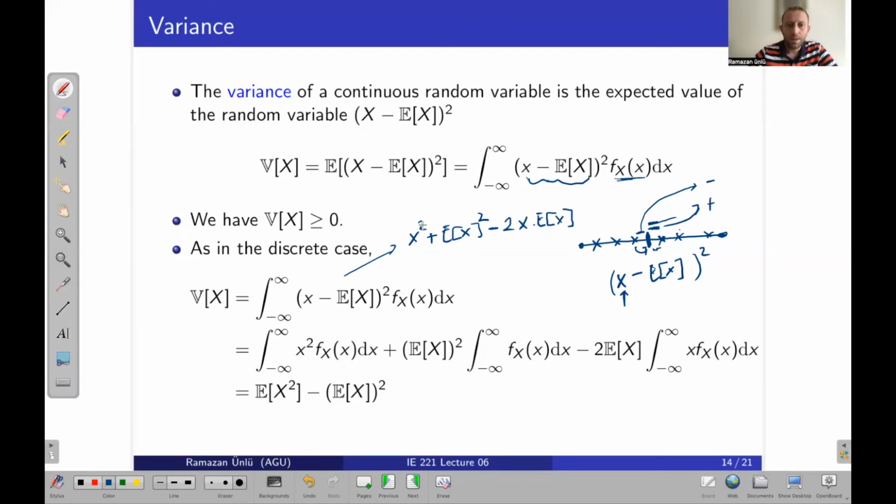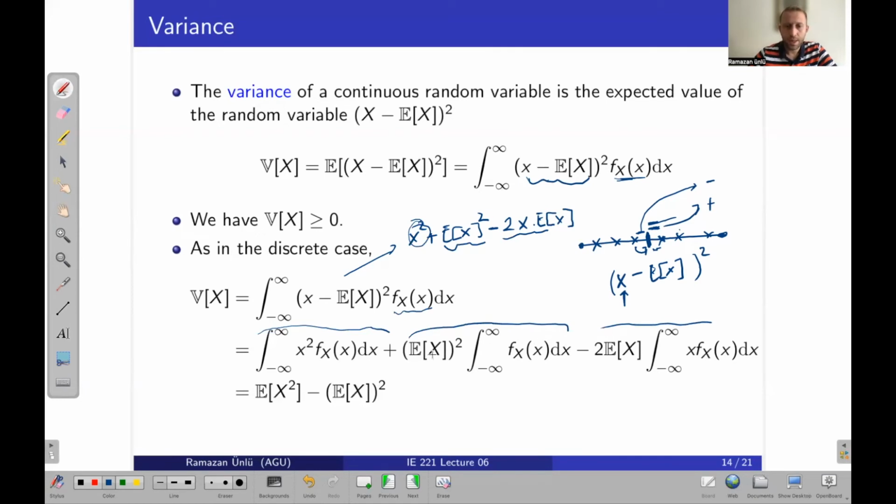I mean, I can multiply the PDF of x with this one first, and the second I can multiply the PDF with this one, and the last one I can multiply this PDF with this one. Okay,